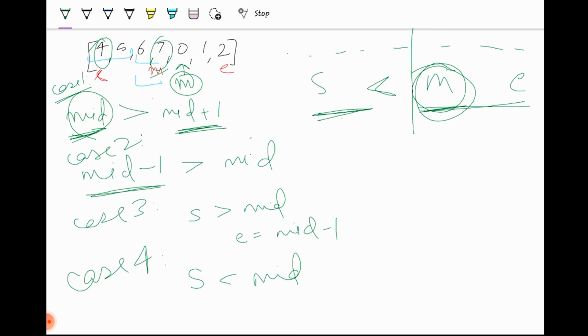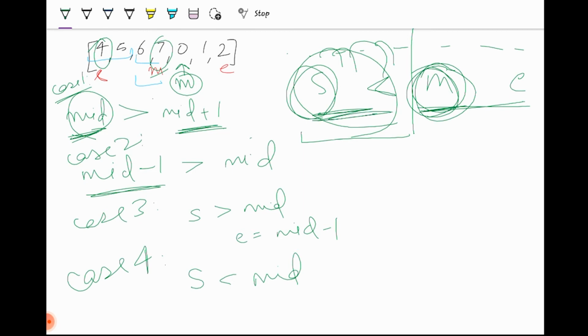So why will I search here? If I know that this element is smaller than this and it's ascending order, even if there is an increment in the following elements, that increment is less than this middle element, you're getting it?